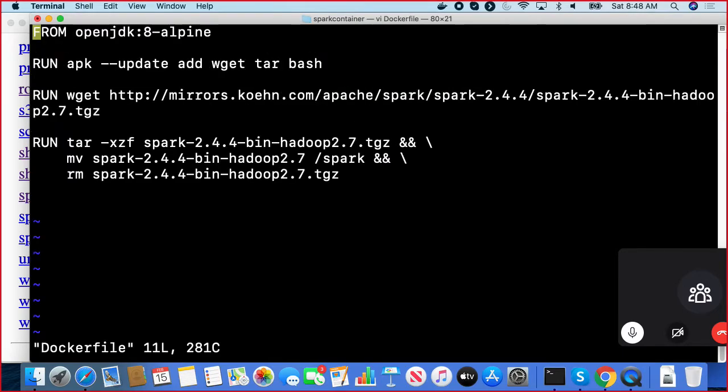Anybody? What is the first line? FROM openjdk:8-alpine. What is it doing? Give me the Alpine Linux operating system and give me Java 8 installed on top of it. Second, please install. APK is the installation tool. Like Mac uses DMG, and yum, all these are tools for installation. In Alpine Linux, the installation tool is called APK,